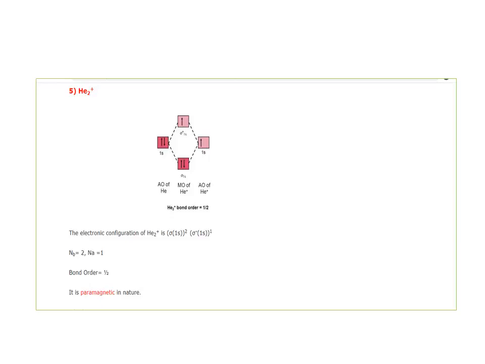Next case for helium cation, helium ion, He2 positive. In this case we have one electron less, and that electron can be lost from either side of the helium atom. That's not a problem, but you have to deal with 3 electrons. Again in molecular orbital there will be 3 electrons, and configuration will be sigma 1s2, sigma star 1s1. Again bond order is half. Pay attention, bond order is not 0, and it is paramagnetic.